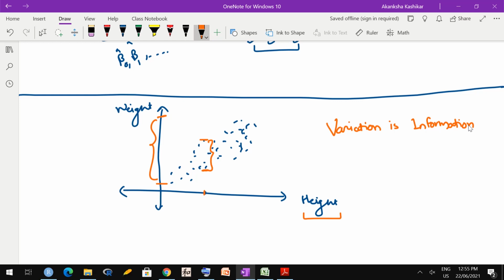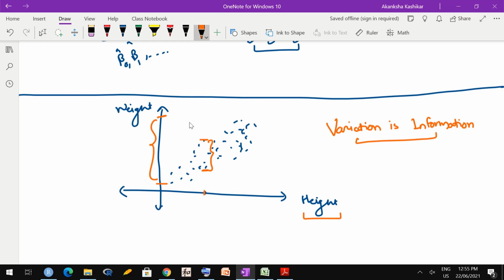On the other hand, if I tell you that the person had say long hair or short hair, whether the person wore specs or not, whether the person was tall or short, these points can tell me more about that person, right? Even though the number of variables here is now less. Hence, variation is information. Only those variables which have variation across different observations would be useful. They would actually provide some real information. Others would just be redundant pieces of information.